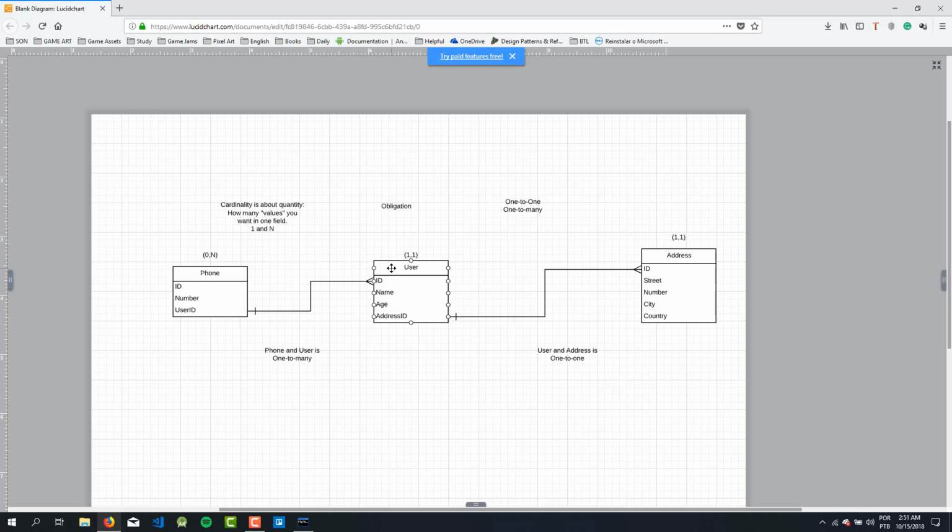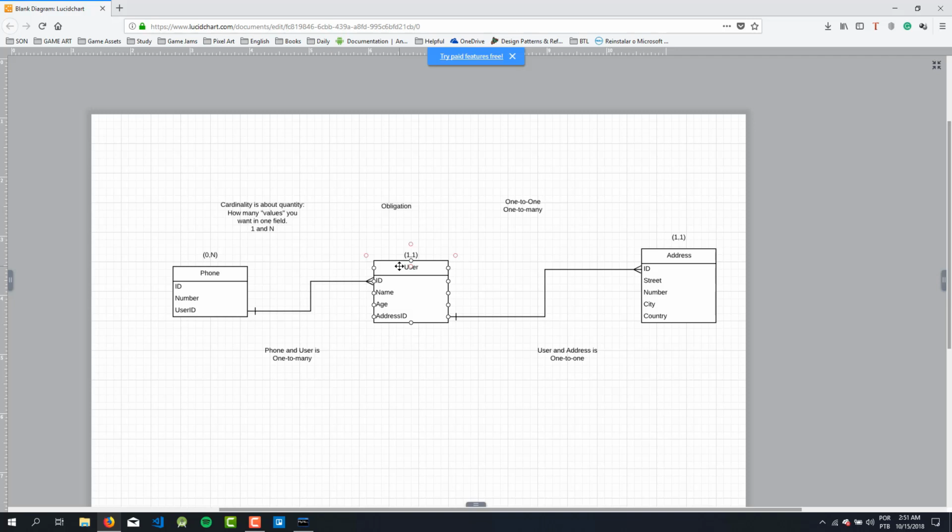So it doesn't make sense to start my project from the phone table, because the phone table needs the users table to exist. So basically there is dependence between tables,